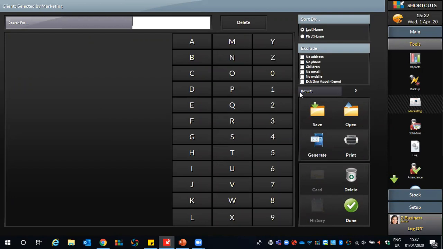Now, I will just give you a handy tip. Let's say only 4 clients appear. You might have to just think to yourself, is it worth doing it for just 4 clients? If you have something like 500 clients, more power to you. Brilliant. So you're going to attract lots of customers by doing that.